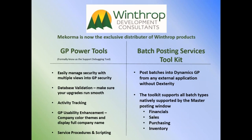So GP Power Tools has lots of awesome features that can be very helpful to your GP administrators, like database validation to make sure that your upgrades run smoothly, activity tracking, managing your security screens, multi-views and security there. It also does the color coding. So if you do have a lot of companies and you are always worried about making sure you're in the appropriate company to be entering your vouchers or whatever work that you may be doing,